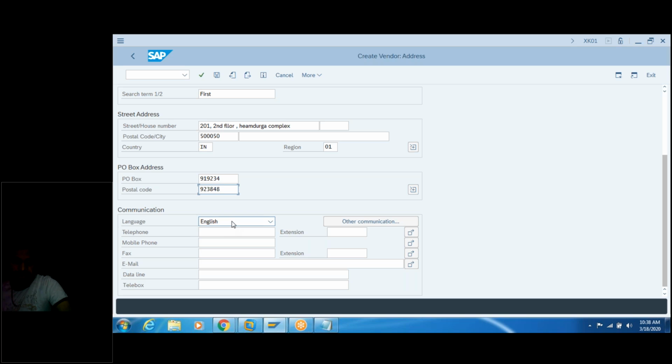And which language does the vendor speak? I know that he speaks Telugu, but generally Telugu is not in the SAP system, or English, or any other languages. Like we have Hindi, but English is the common language that we use. So please select the English language. And